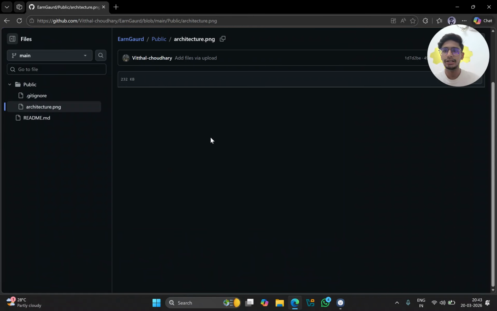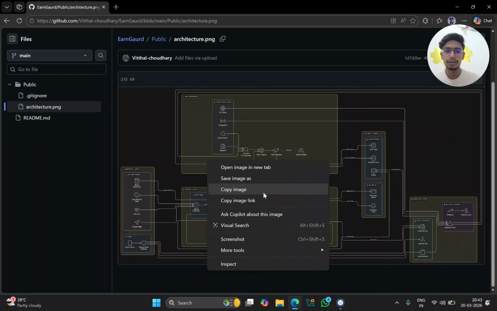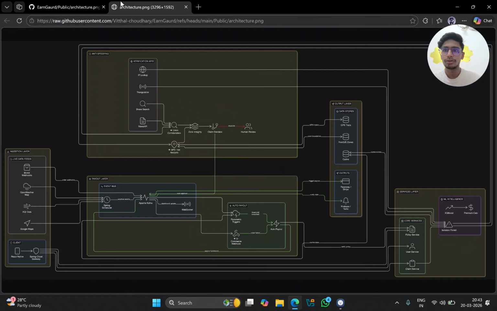Coming to the architecture overview, I'll open this in a new tab. If you see this, there will be an app with three services: policy service, claim service, and user service. The claim service will go to the isolation forest, which will detect fraud. It will check the particular location, check for a crisis happening in that time frame, and we will already have the working hours of the rider.